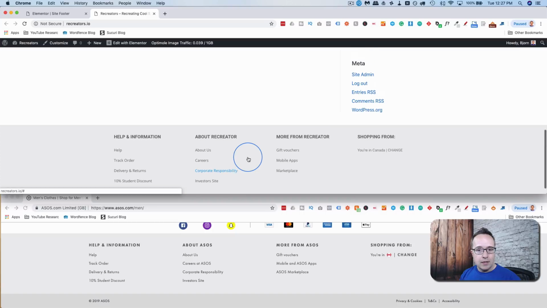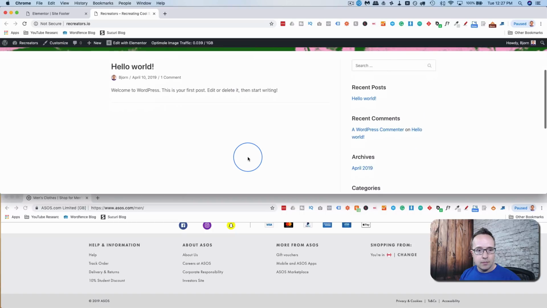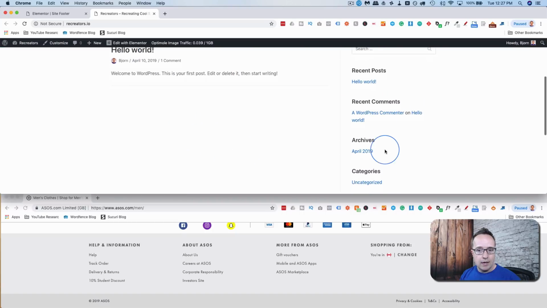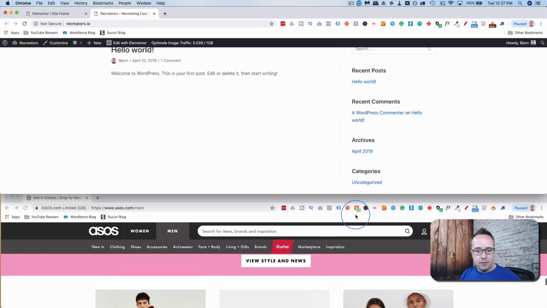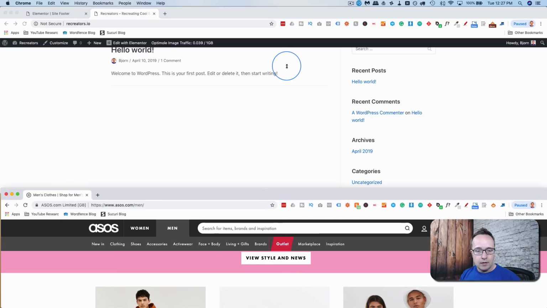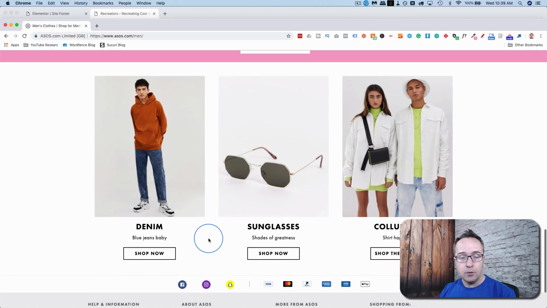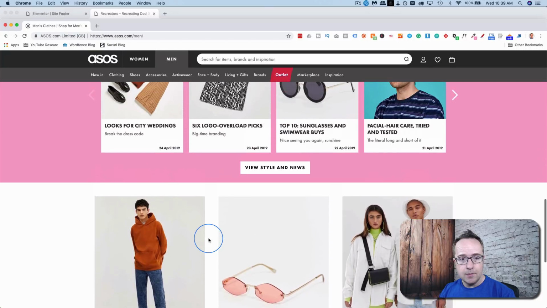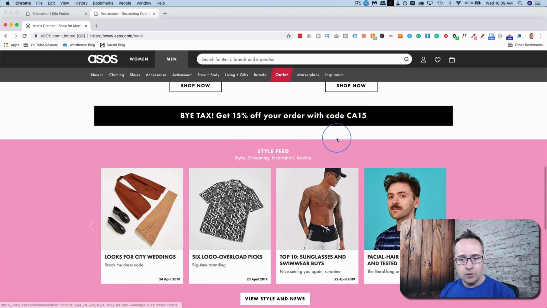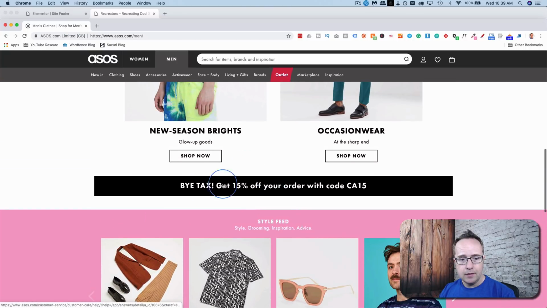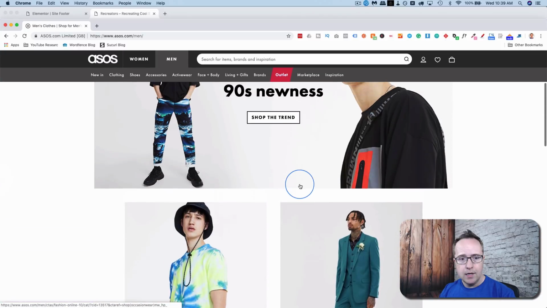And now what we need to do is put the content in the middle. Because right now we just have this blog post and a sidebar. And what we want to have, let's make this big screen again. Now the last thing we have to do is actually add content onto the page. And the content we're going to put there is what we see here. These images across with the full width bar, this big button right here, these two images, and the header image